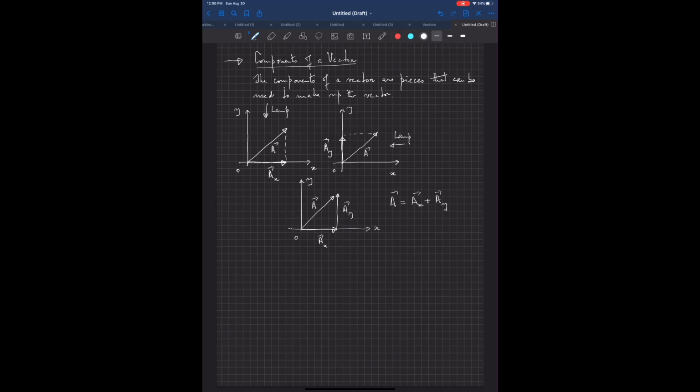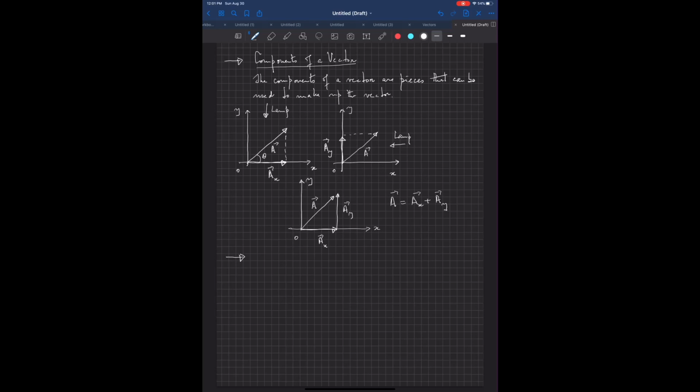Okay, so these A sub x and A sub y are the components, the pieces which make up A. All right? Now, let's call this the angle theta. That defines more precisely the direction of the vector A. All right? So now,